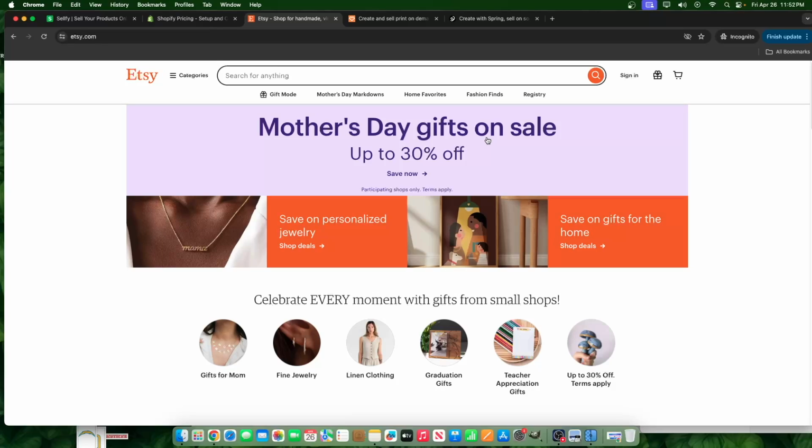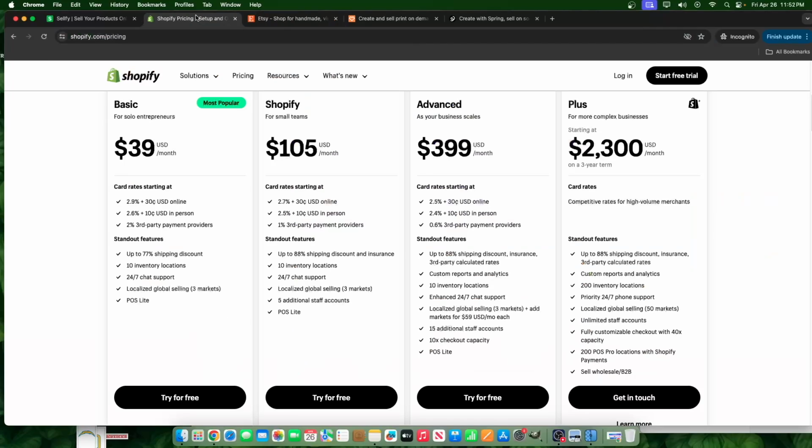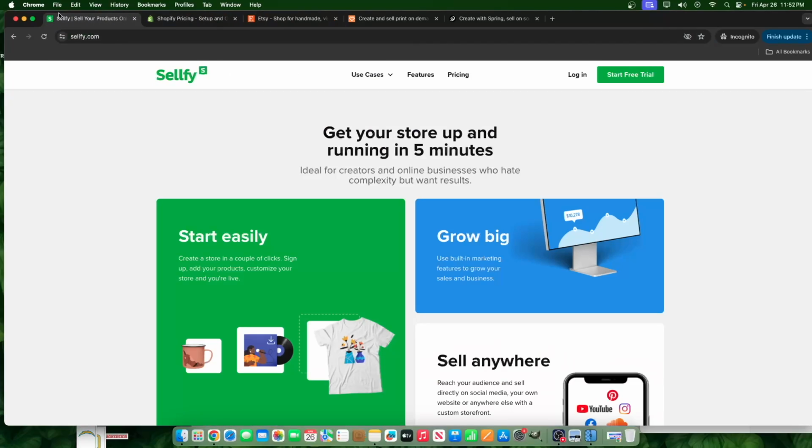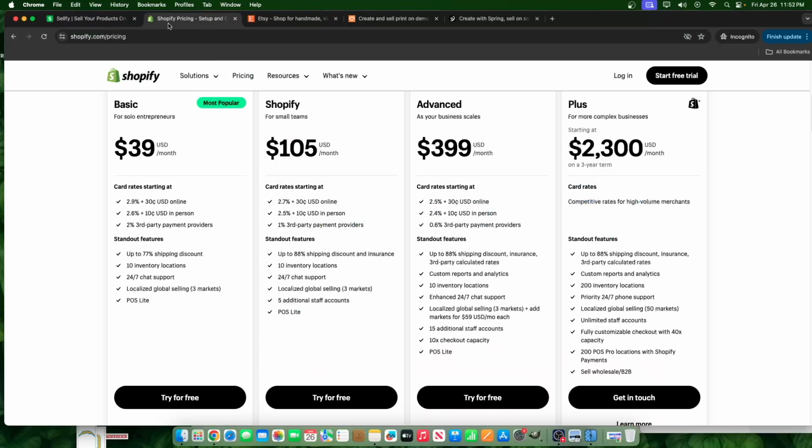In terms of customization, I already said this, but Spring, Spreadshop, and Etsy have very little customization. Shopify has a lot of customization. Sellfy has some customization. But Shopify, for the cost of the customization, will cost a lot. It will cost a lot. And like I said, for beginners who are looking for something simple, quick, and fast, Shopify is not really the